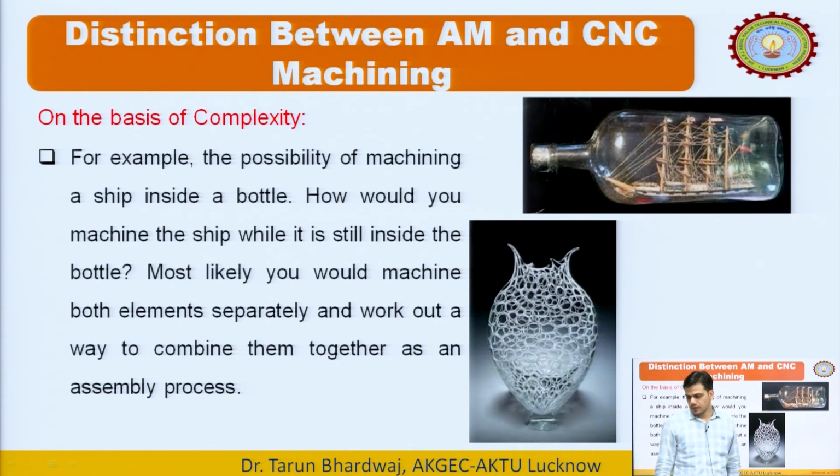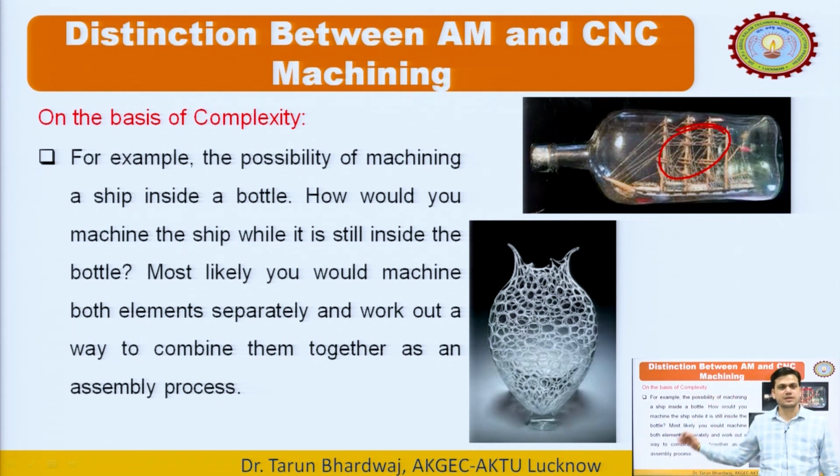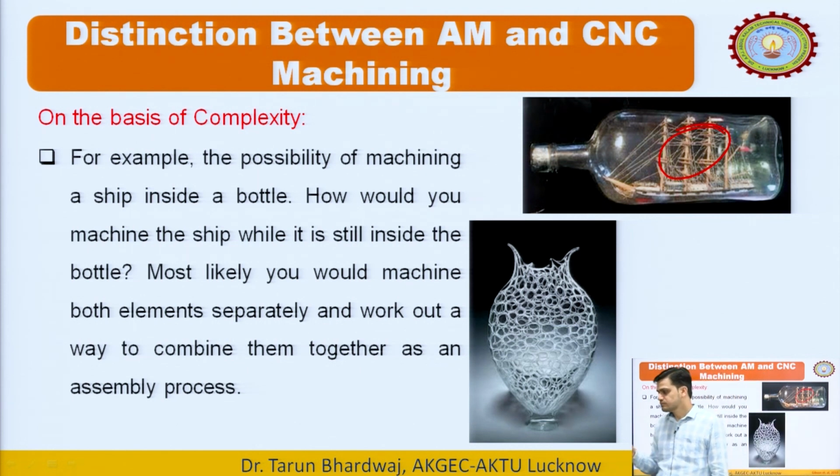Now this is basically the example that is showing you that अगर हम लोगों को एक बोतल में एक शिप बनाना पड़ जाए, ठीक है, you can see that a bottle is having a ship. अगर ये बोला जाए कि CNC मशीनिंग से इसको क्रिएट करना है, so it is very difficult to create by using any CNC machining or any other manufacturing process. Okay, but by using the additive manufacturing process, you can easily create such kind of parts in a single stage. Okay, so this is basically the advantage, ये